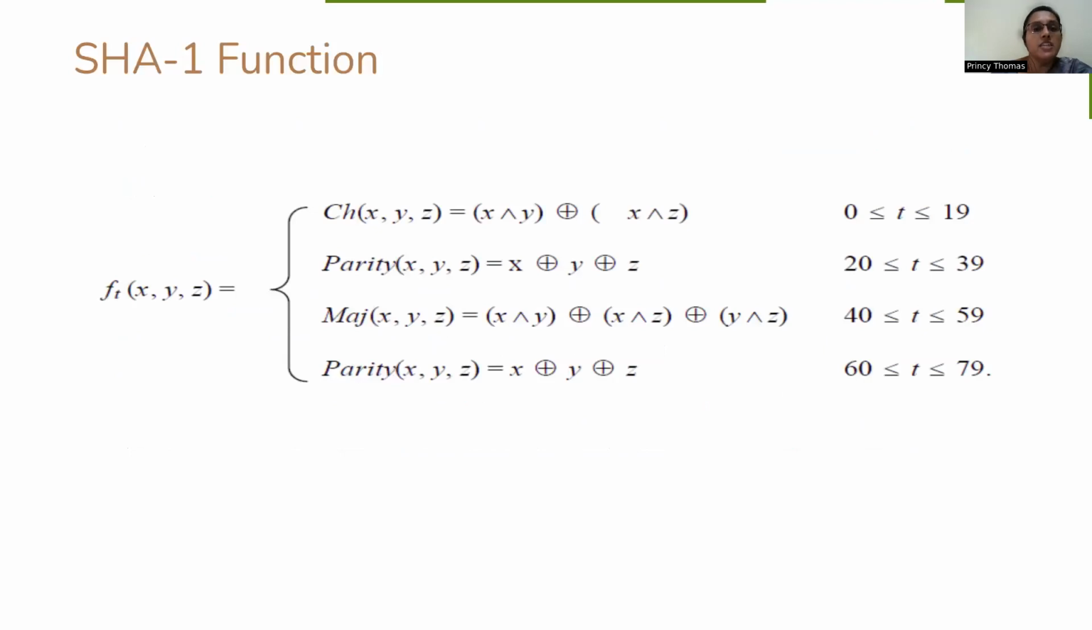Now we are going to look at the SHA-1 functions. Okay, now to the function at a particular time t, at a particular instance t, x, y, and z are given as input. If the t value is between 0 to 19, then the choose function is used, and what the function does is x